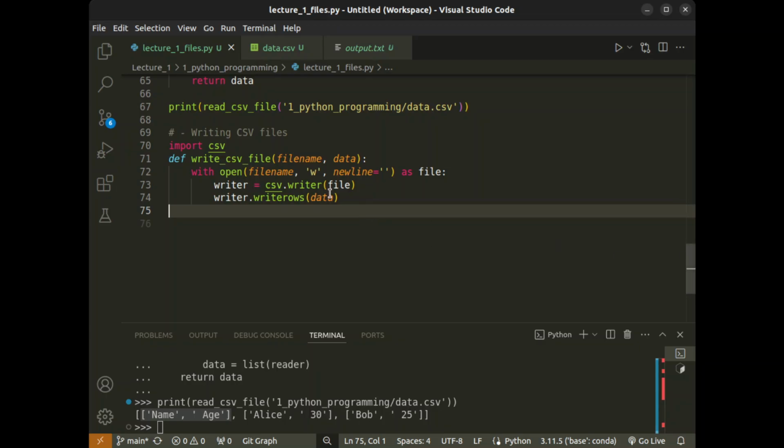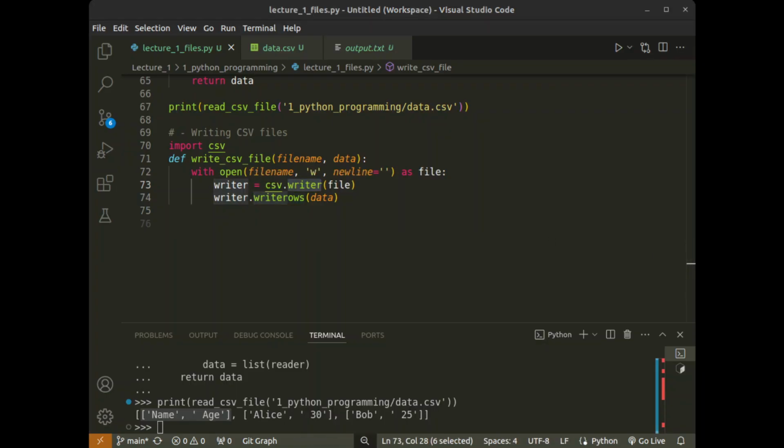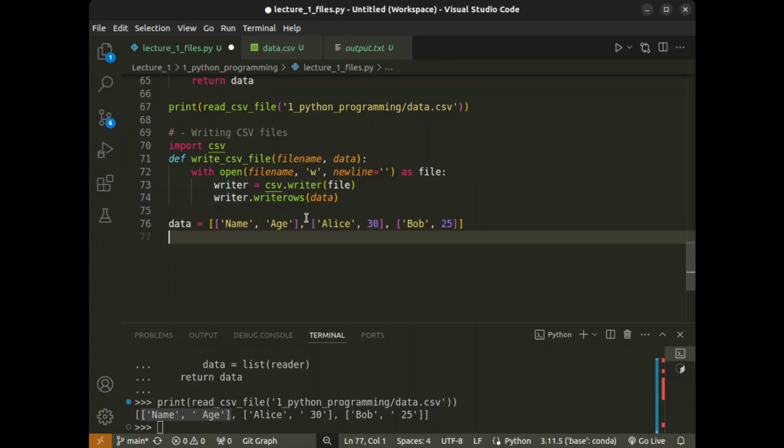All right. So going back to the story. We have csv.writer and then writerows. Let me make this a little more clear by bringing some data. All right, this is the data. These are nested lists, very similar to what we read. I'm now trying to write, and then let's write